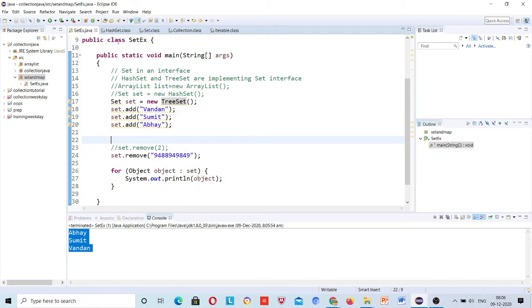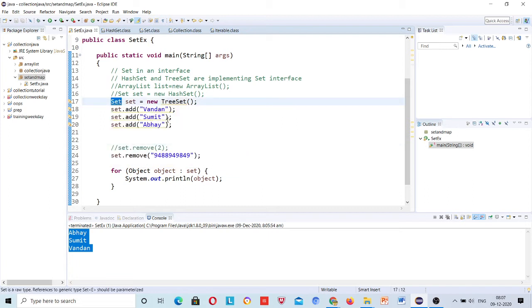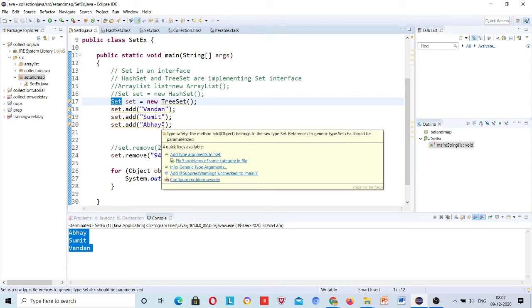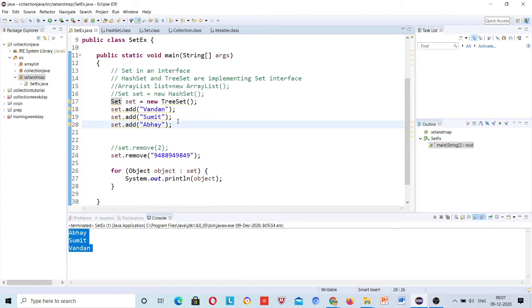So tree set, it will accept the duplicate values? No, I said that set cannot store the duplicate values. What does it mean? Either the hash set or the tree set, both cannot store the duplicate values. Tree set will sort it accordingly as per the ascending order, and hash set does not follow the insertion order.